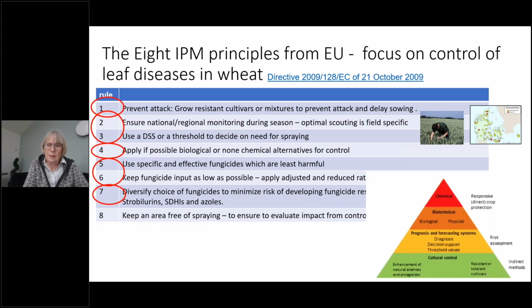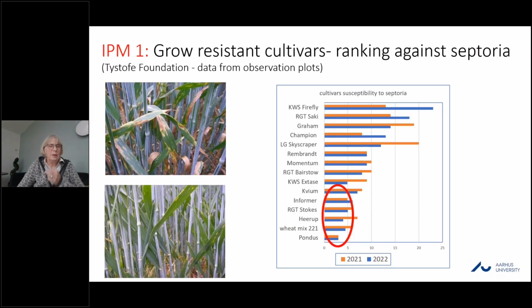So less dependent on chemicals, more cultural methods. I followed in the morning all your good data on the resistance characterizing from the recommended list. We have similar in Denmark. We also see big benefits from the breeders bringing varieties forwards which show good resistance. This is an example of Septoria resistance. We can see that we actually had available varieties with a good resistance, which are also the high yielding ones and are also the ones which the growers are actually choosing.